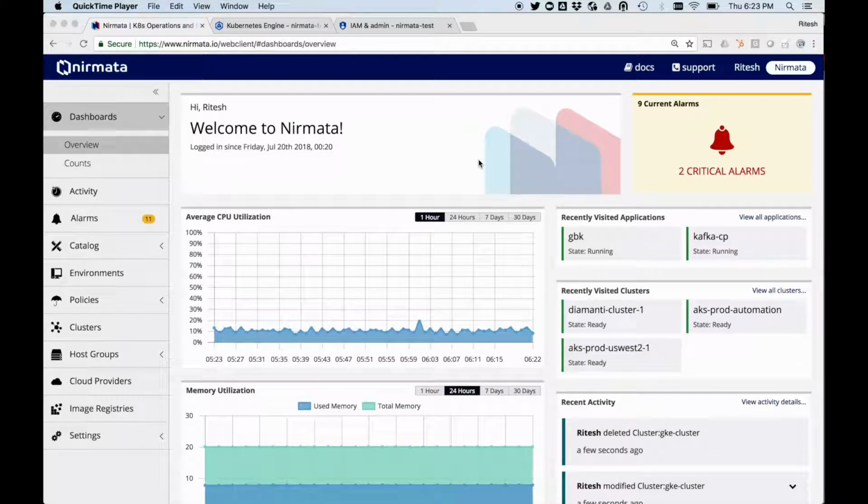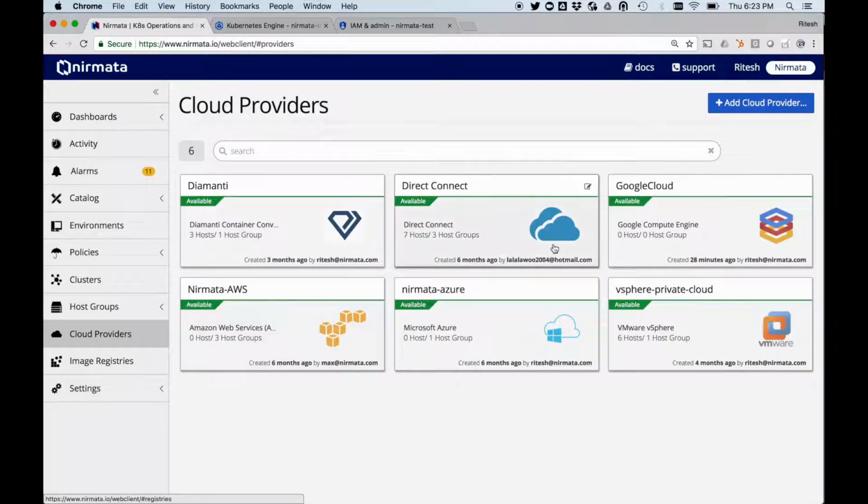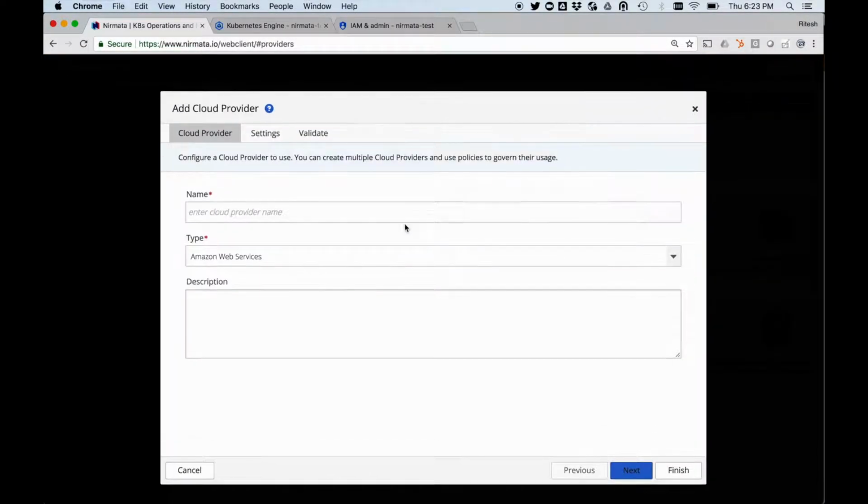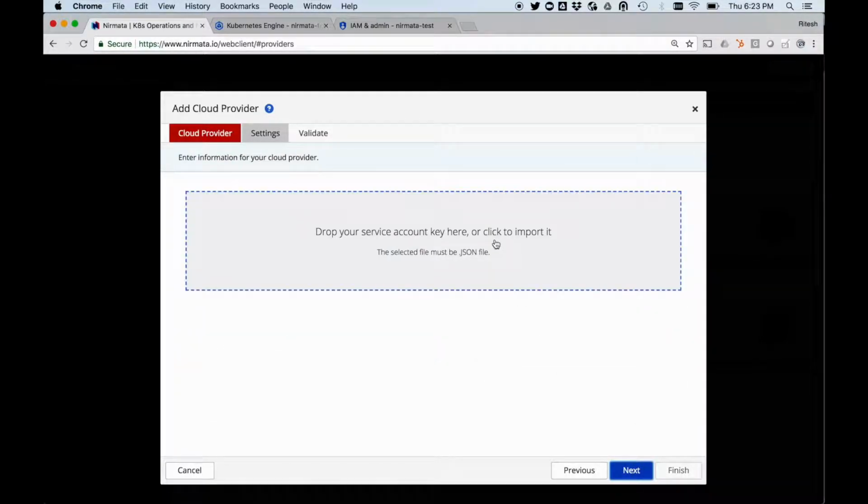In this video, we'll take a look at how you can use Nirmata with Google Cloud. First, in order to use Google Cloud, we add a cloud provider. To add a cloud provider, just select Google Compute Engine, and then you need to create a service account key